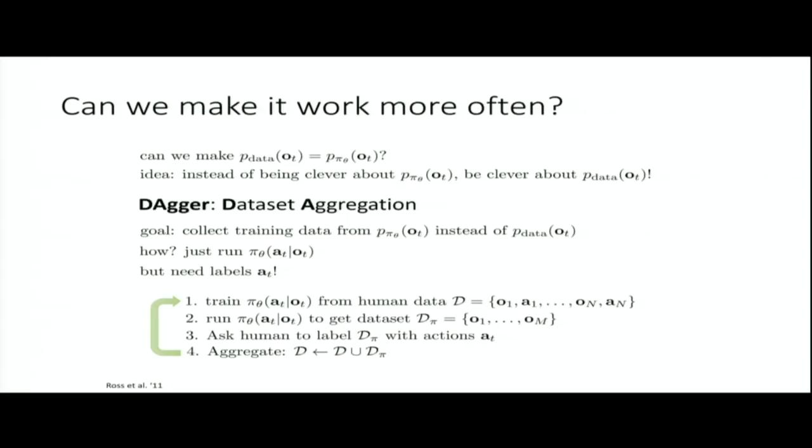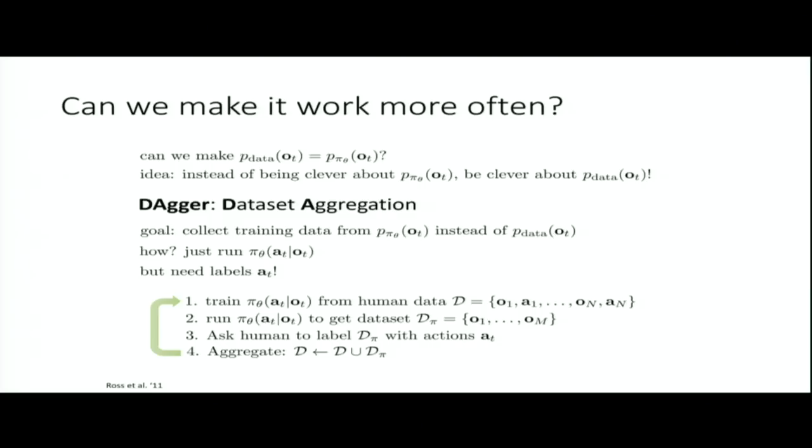So all those are decisions that need to be made to optimize this pipeline, and you will get to experiment with Dagger a little bit in your homework assignment. These are things you can play around with to see: are you better off collecting and relabeling more often? Are you better off doing it in batch? Are you better off warm starting or cold starting the network in step 1? So should you initialize the weights from your previous solution, or from scratch, and so on. These are all things that depend very much on the particulars of your problem. Any other questions?